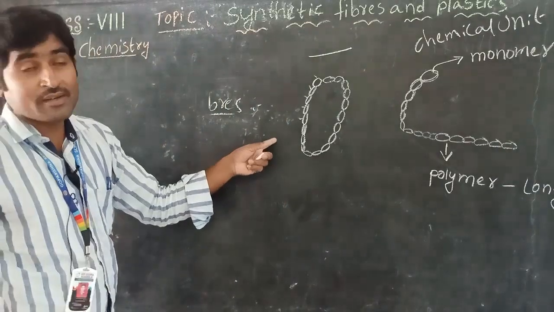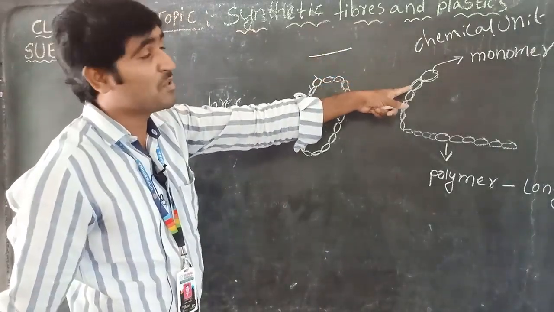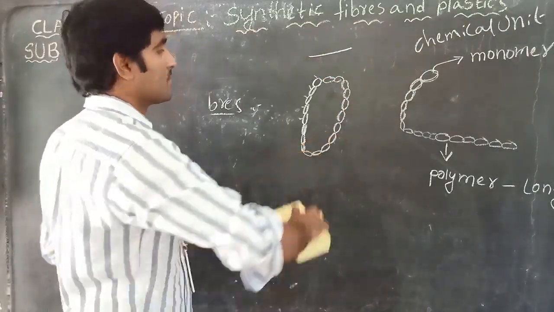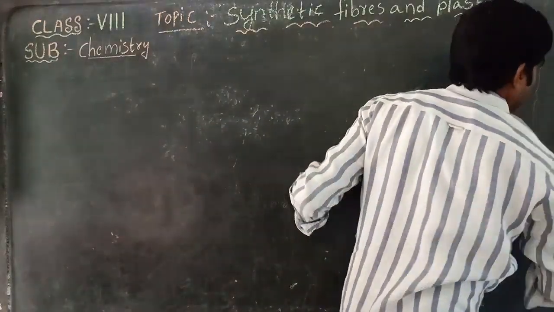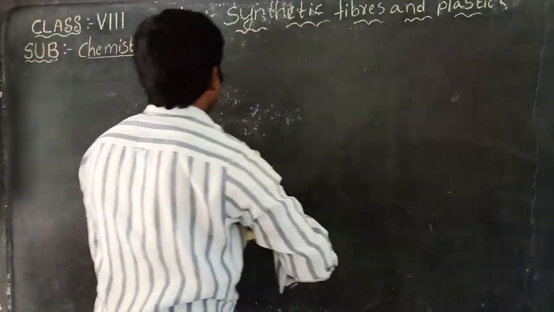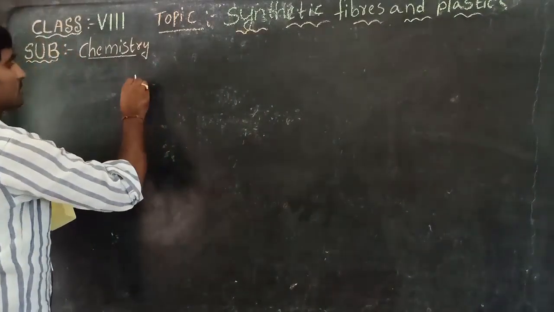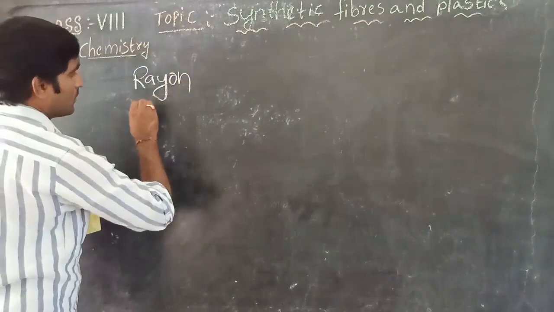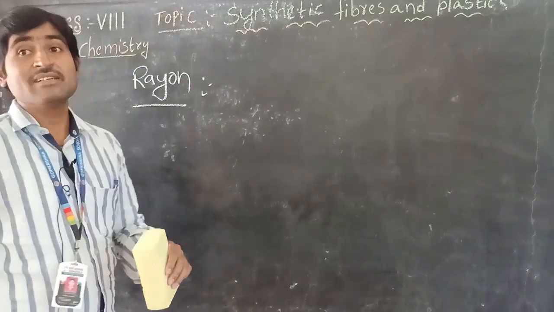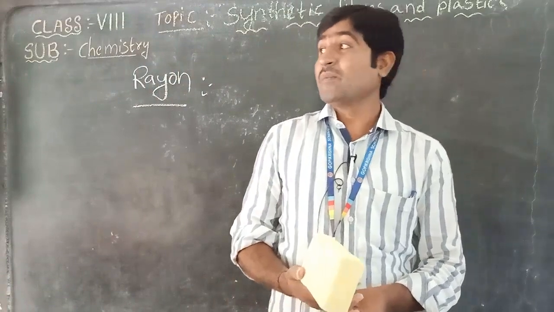So, understood, children? Got the difference between monomer and polymer? Yes, you have to note it. So, rayon is a synthetic fiber. Why? Because